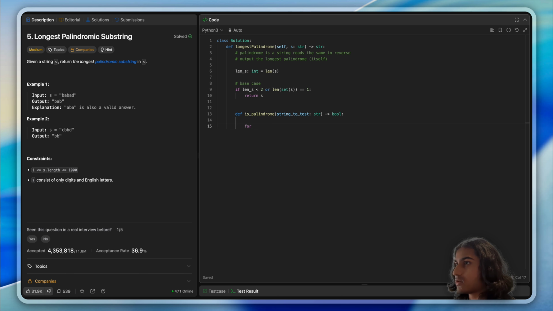So we need to know the length of s here. So for i in range length of string to test, if string to test i is equal to string to test,